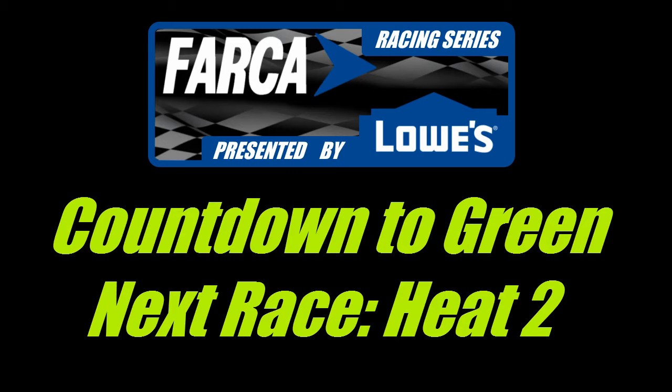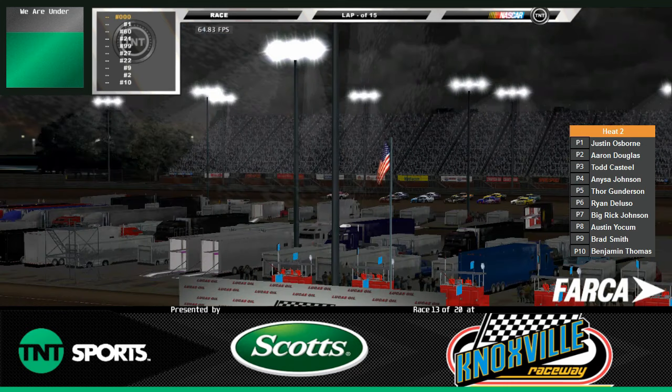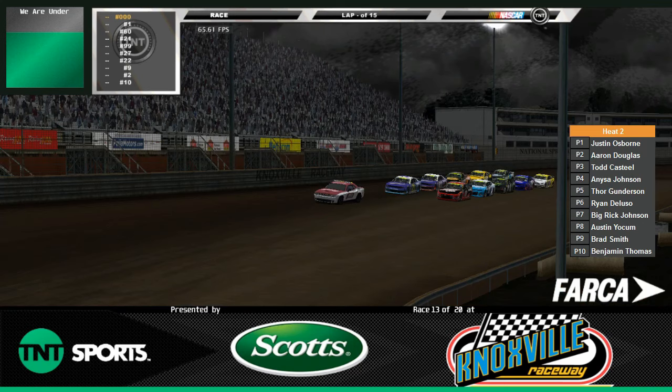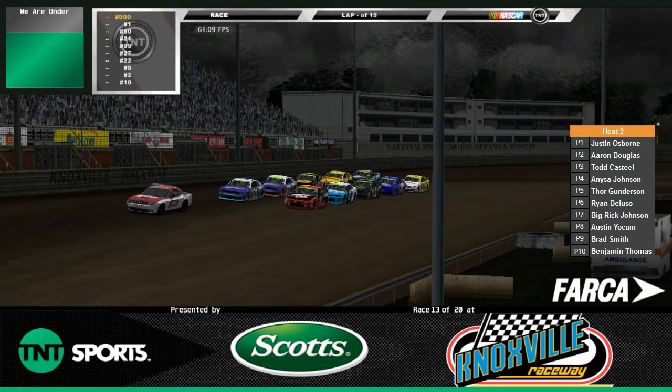And we're back here for heat race number 2. And we are going to have 10 more cars. Get ready to do a little bit more racing for you guys. We'll start off by going through our field. We have Osborne on the front row, starting next to Aaron Douglas in the 21 Royal Purple Dodge. And starting third, we have Todd Castile in the number 99, and Anissa Johnson starting right next to him in